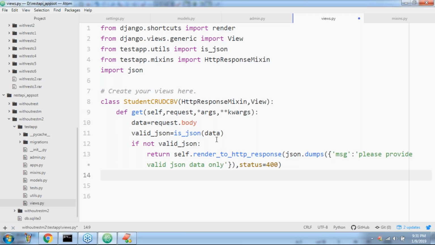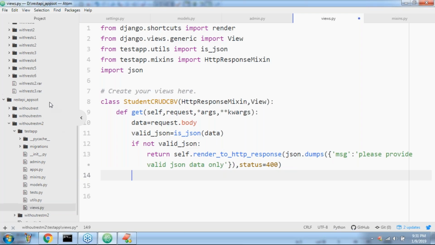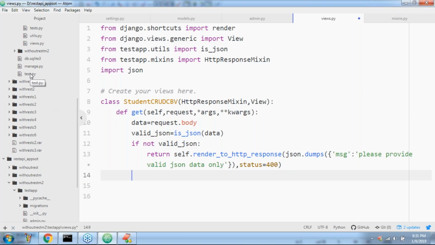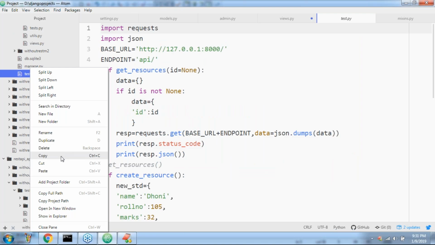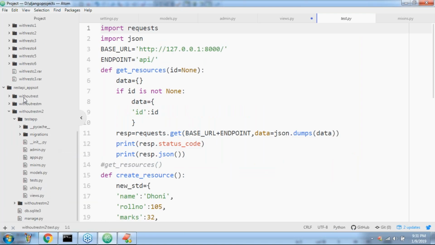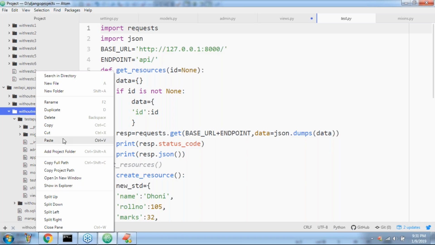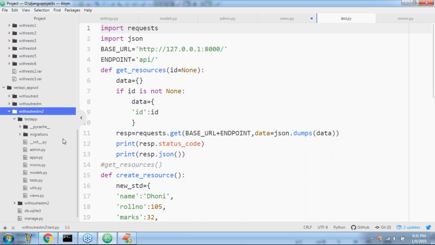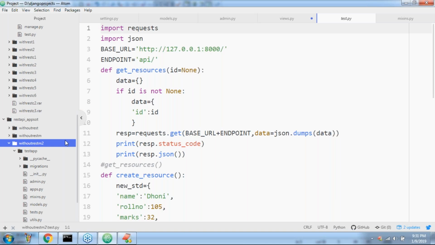One minute, sir, let me take a test.py inside our project. Let me paste that, because I just copy pasted the partner application. Don't worry about that.